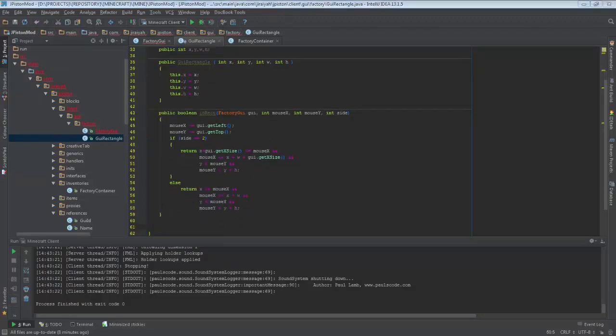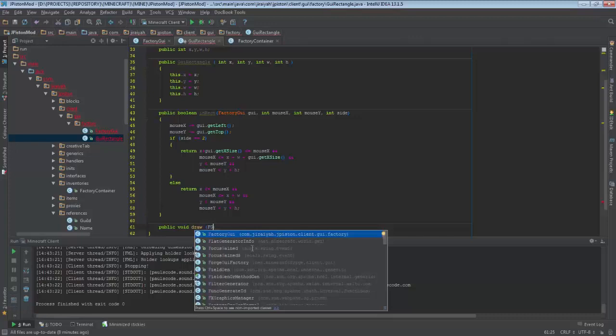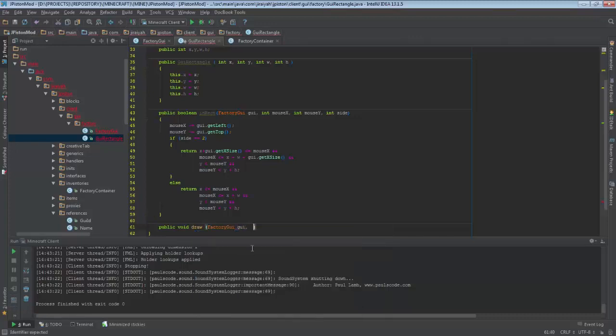We will come to this class later on again, but for the time being we need something. We say public void draw, and we say factory GUI, the GUI, int sourceX, int sourceY. So this is the x and y coordinates of the source we want to draw, and int